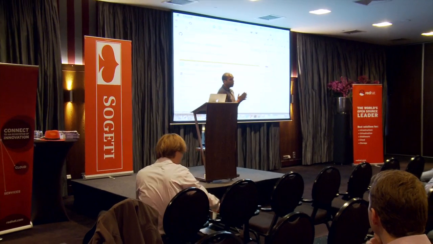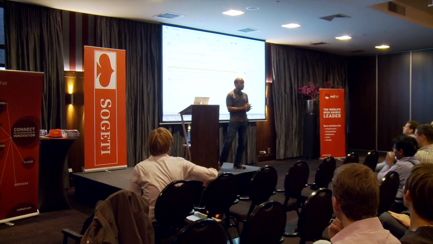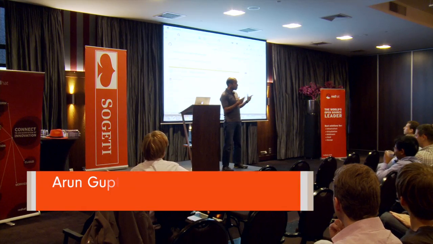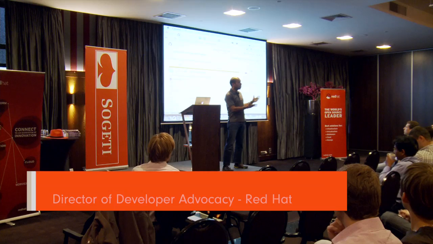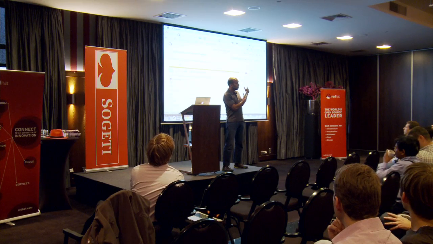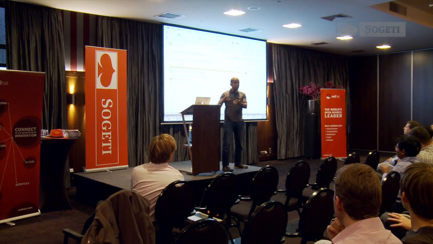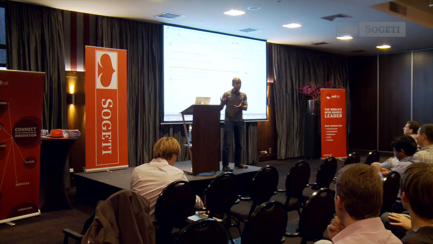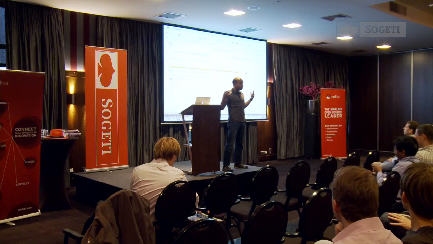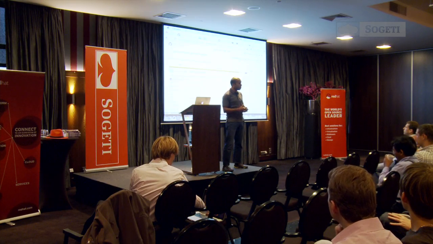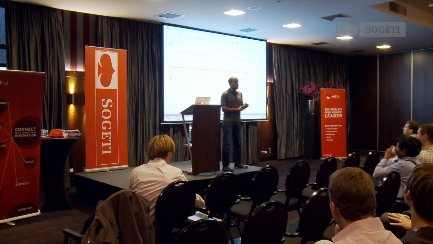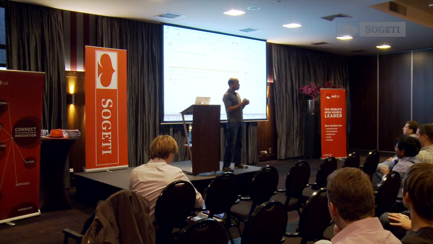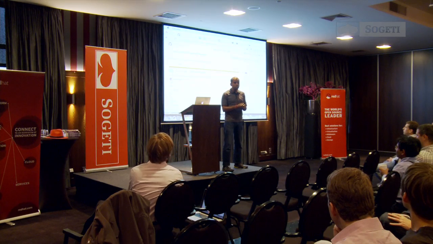So my name is Arun Gupta. I work for Red Hat. I am the director for developer advocacy. I was part of the founding team for J2EE at Sun. That's where I joined. J2EE 1.2, 3, 4, Java EE 5, 6, 7. So I've seen lots of releases. I've been involved in each one of them since the very beginning. For Java EE7, I was responsible for driving the launch of Java EE7. So working with people like you, who care about the Java EE7 technology.